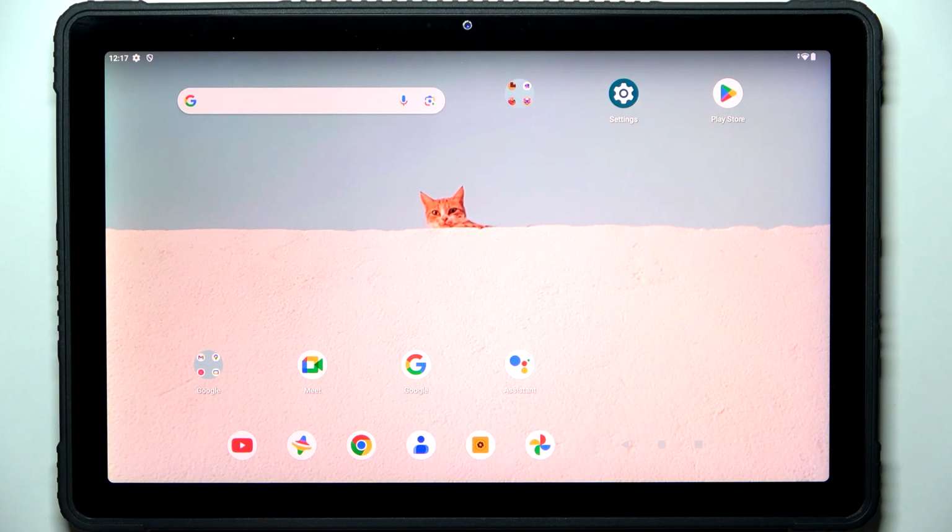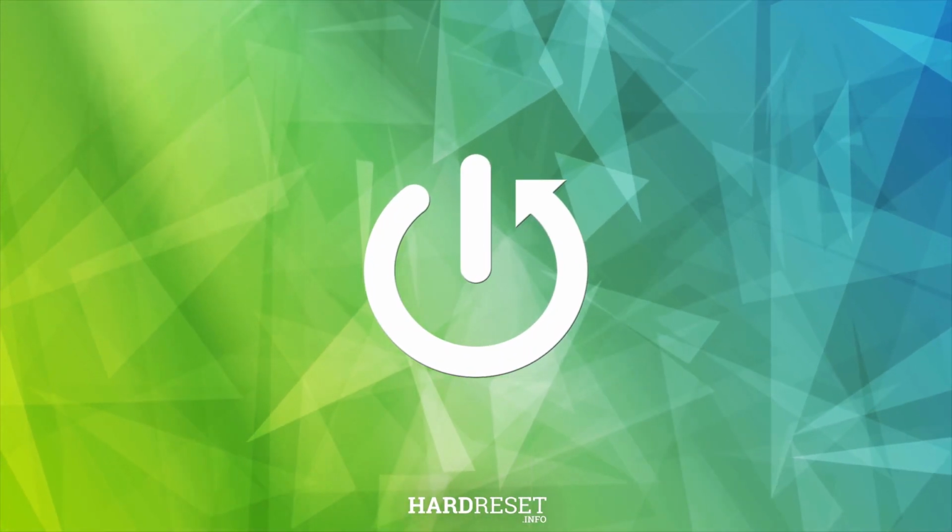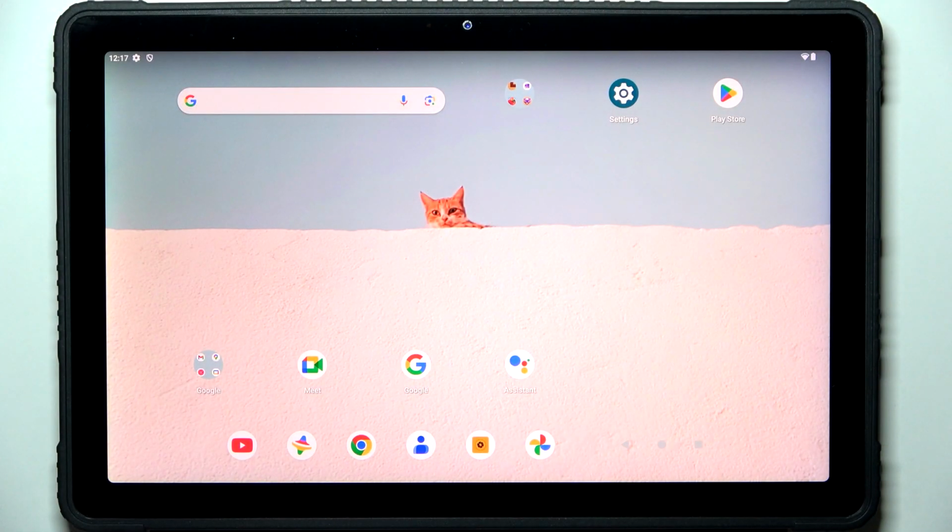Hi everyone, in front of me I've got ACER Iconia P11 Pro, and let me share with you how to clear the browser on this device. So let's start with opening the browser. In my case it will be Google Chrome, but no worries, this operation is pretty similar in all other browsers